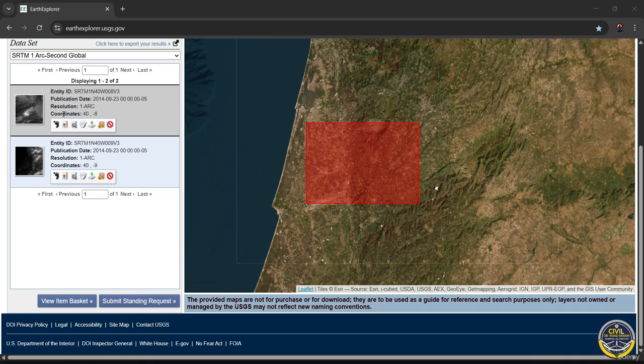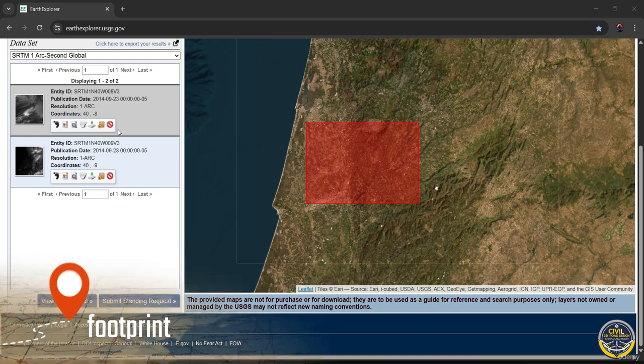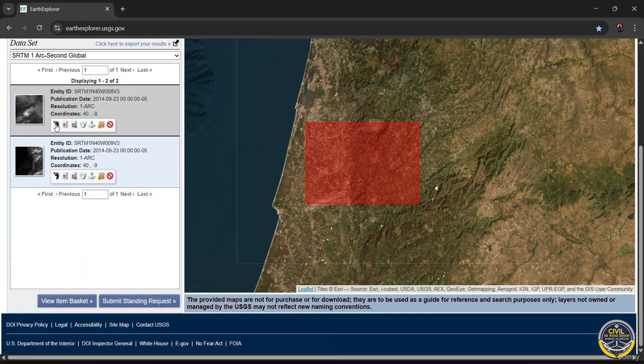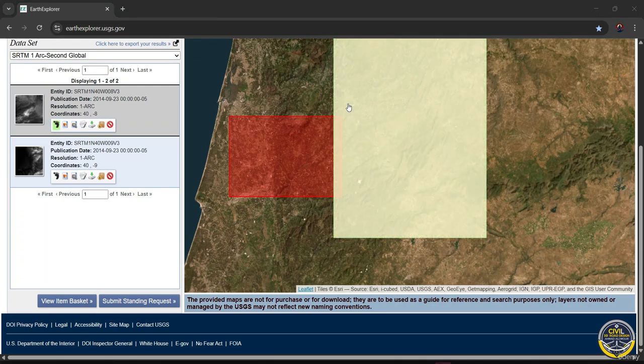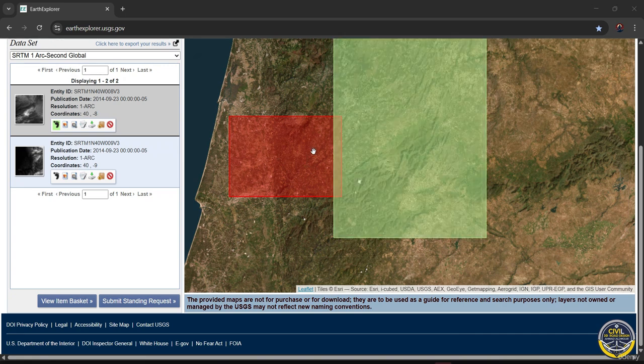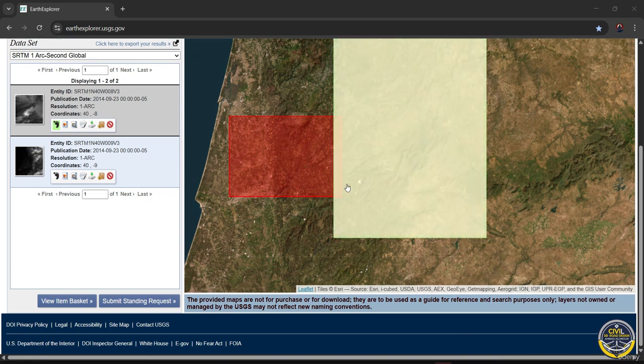There are several options below each image. The first is show footprint, as shown. This option allows us to specify the location of the satellite image on the map. We notice that this image covers only a small part of the location we want. So, we will choose the second image here,